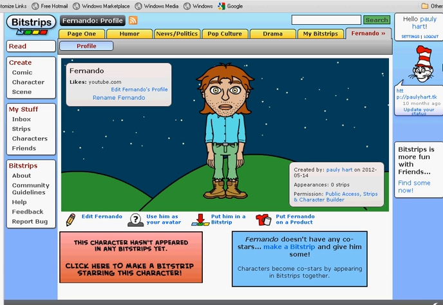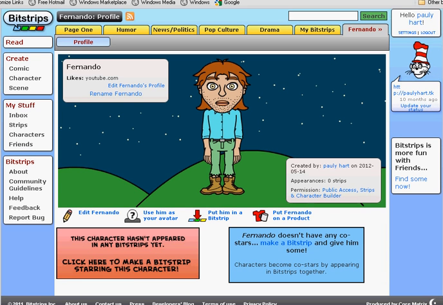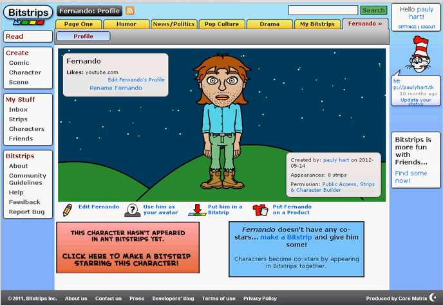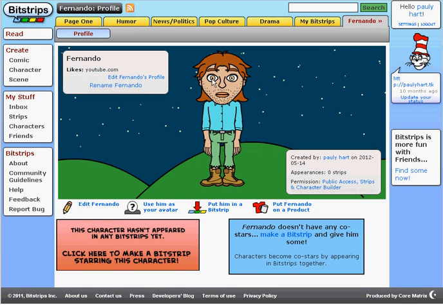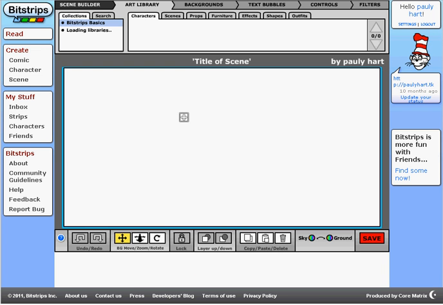Part 2, Scooby-Doo. Here we are at Bitstrips.com, and this is the part 2 that I'm making for you. We've just created our character named Fernando. Now we're going to create a scene. Oh no, they're going to cause a scene. Oh no. Title of the scene: